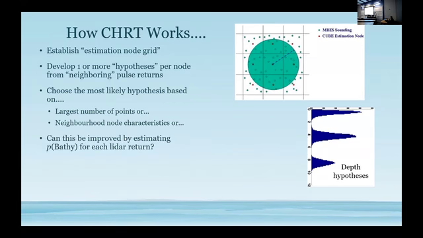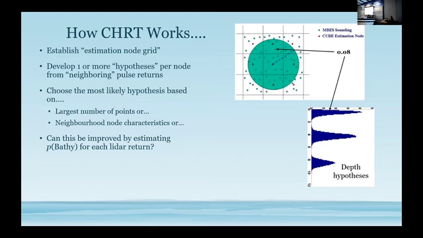Okay. What I'm doing is trying to improve those decision rules. What we're really trying to do is see if we can estimate, rather than just take an effective but brute force rule of what's the most common, a probability of each of those points being bathymetry, and then we can make a better informed decision. So for example, if I know that a particular pulse return has a probability of being bathymetry of 0.08, and it